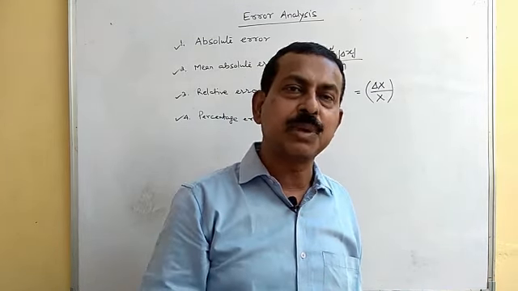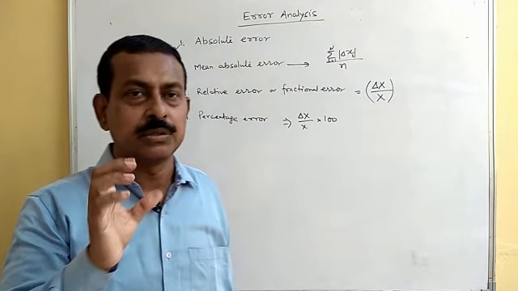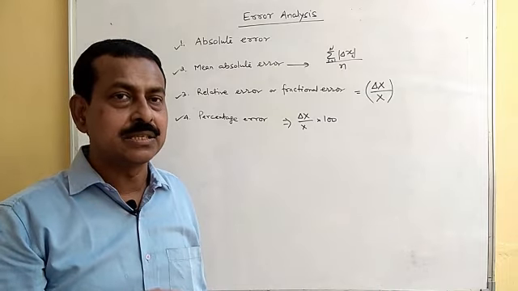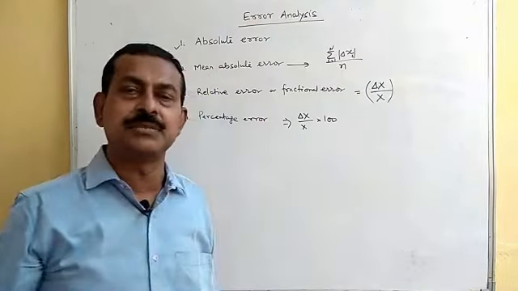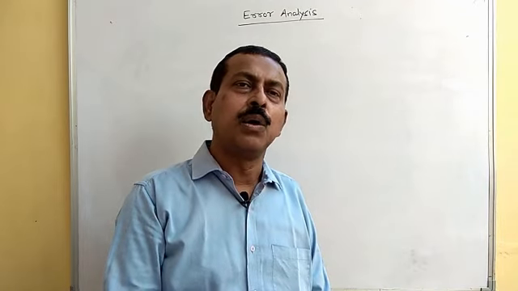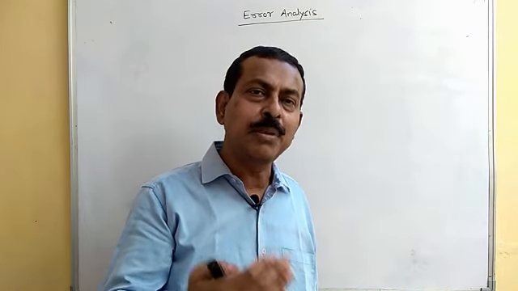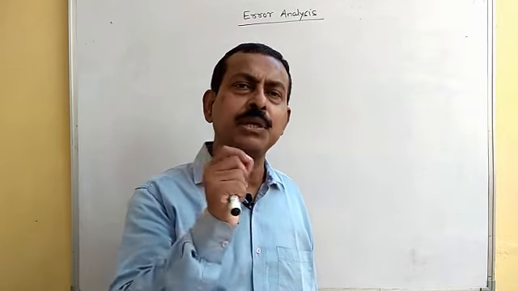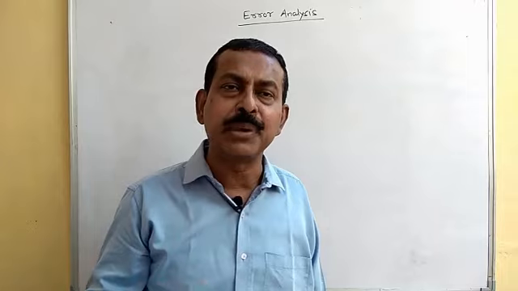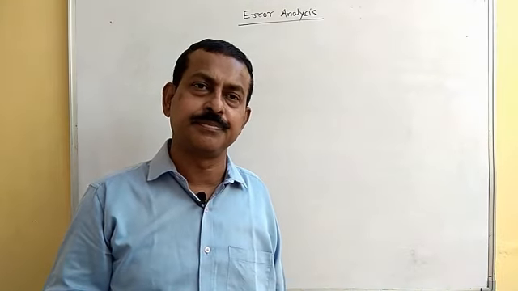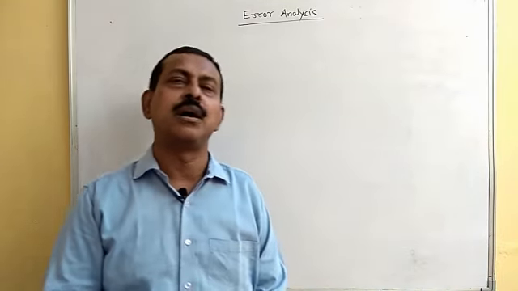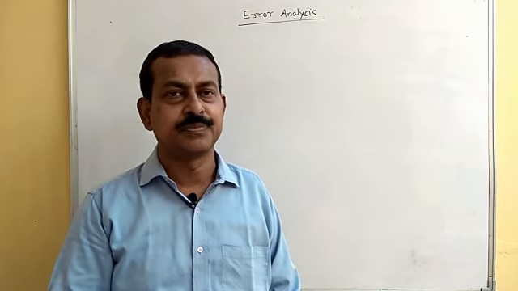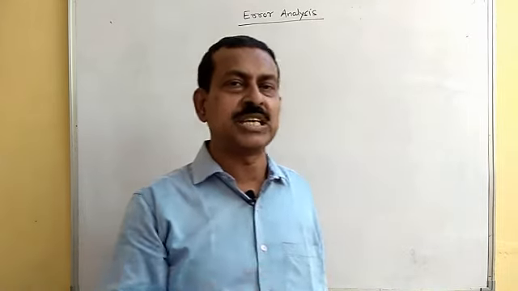That means while performing an experiment, the final result is affected by the errors that we represent in terms of these. Let's discuss why we are using so many different terms to express errors. Why we have absolute error, why we have relative error, why we have percentage error. Suppose a particular experiment has been given to students. Suppose 3 students are there.